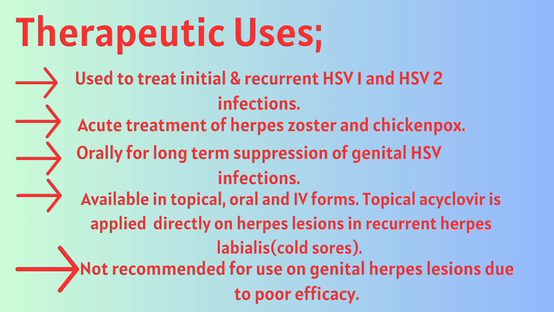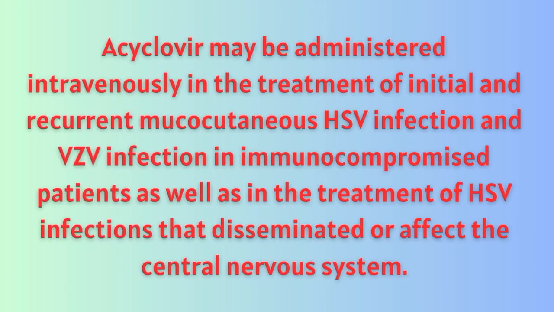This agent is available in topical, oral, and IV forms. Topical acyclovir is applied directly on herpes lesions and recurrent herpes labialis, that is, cold sores. It is not recommended for use on genital herpes lesions due to poor efficacy. Acyclovir may be administered intravenously in the treatment of initial and recurrent mucocutaneous HSV infection and VZV infection, that is, Varicella-Zoster Virus infection, in immunocompromised patients, as well as in the treatment of HSV infections that are disseminated or affect